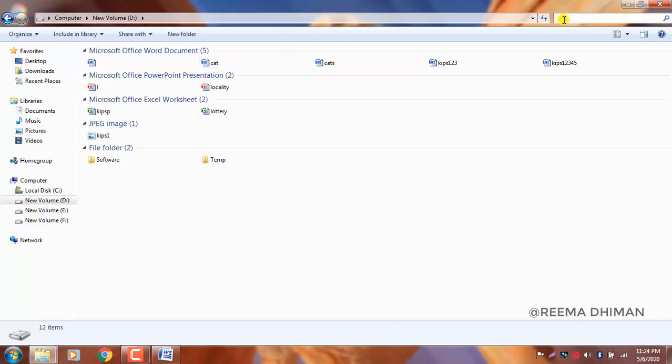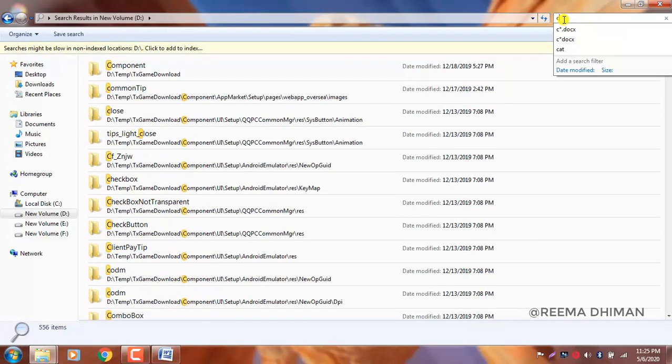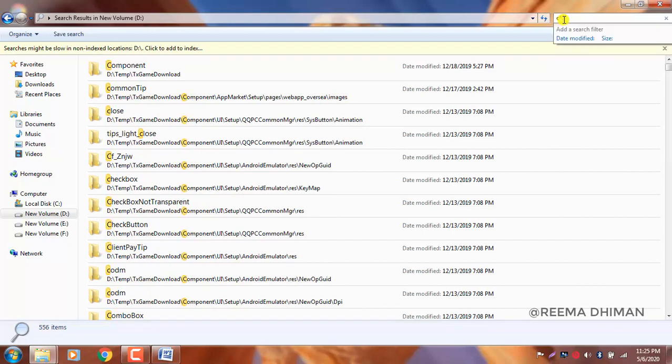For example, I want to search a file starting with C, then asterisk, and then have any extension. So for extension you have to apply the dot here, and then you have to again put asterisk. So it will search all the files, as you can see, whose name is starting with the letter C and have different extensions.